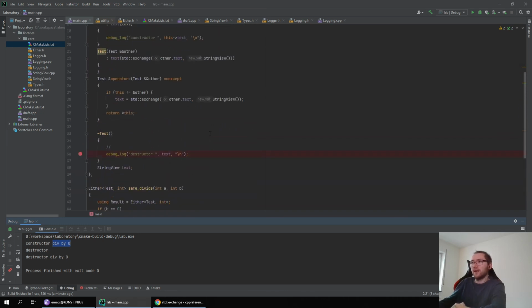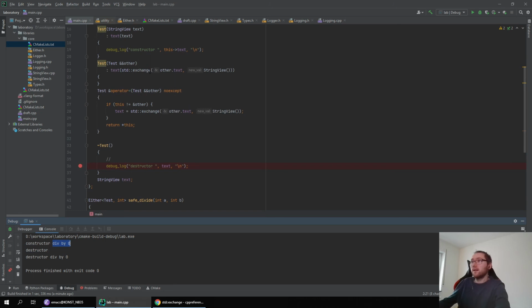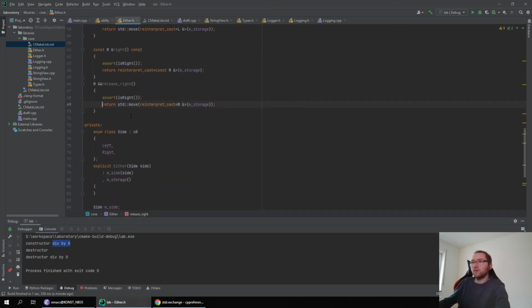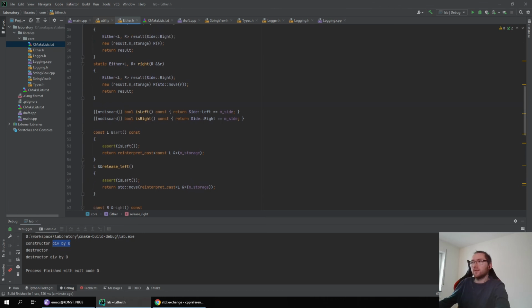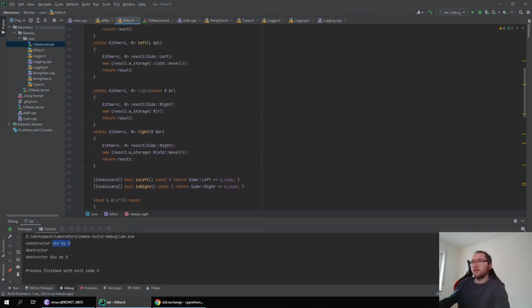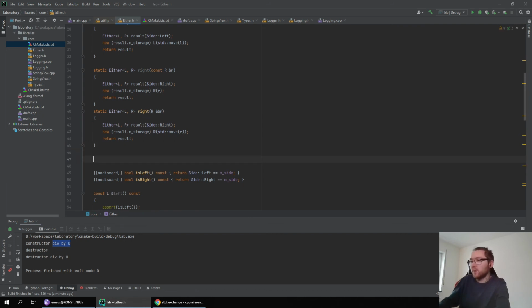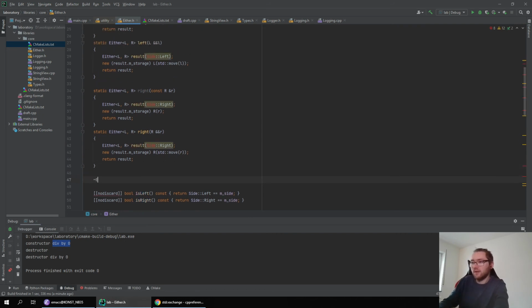So, okay, let's keep the test code. And let's see if I now moved out a value. So let's put it here. I have the constructors here, the public constructors. Let's also put in a public destructor. Of course, public.